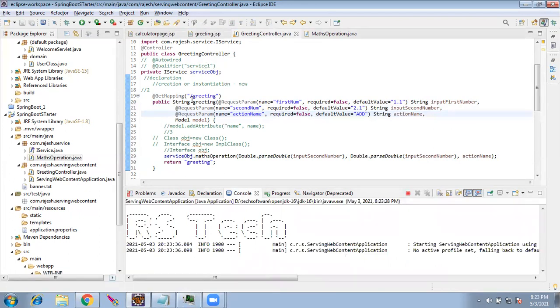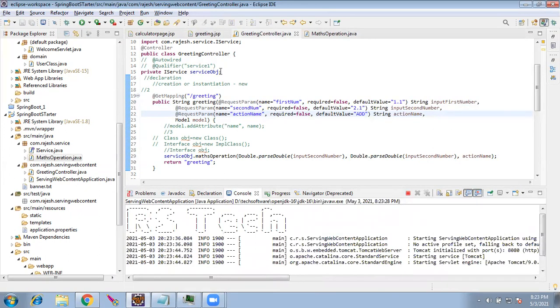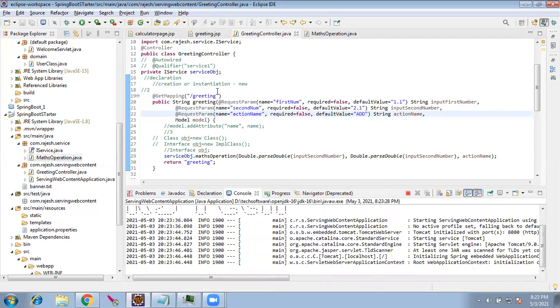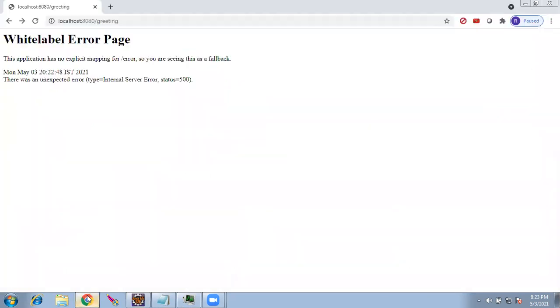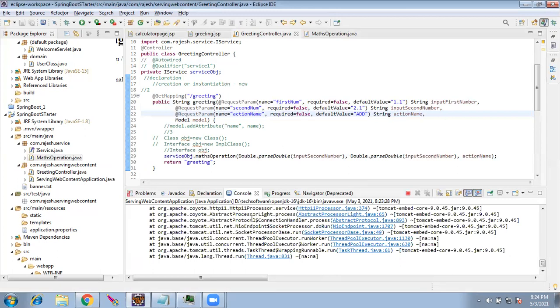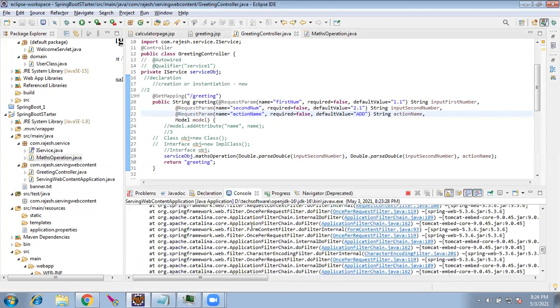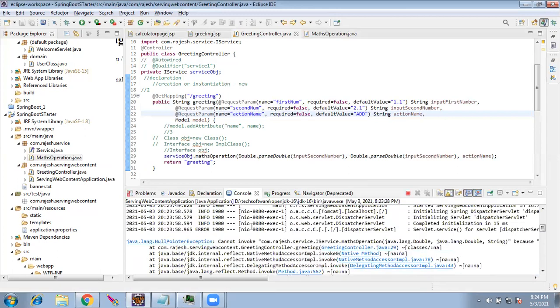But here, I'll show you. Since it is telling error, we will not use the new keyword. But still, we have to make the program work. That is the beauty. We are not using the new keyword in Spring, but Spring is going to try to work on it. You should never use the new keyword of the other class in Spring. That deviates from Spring.